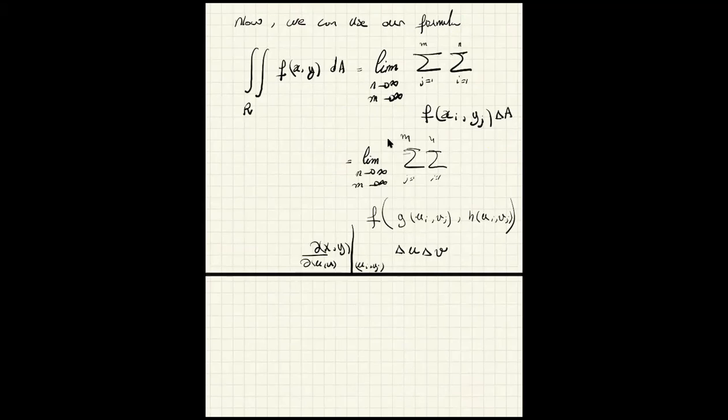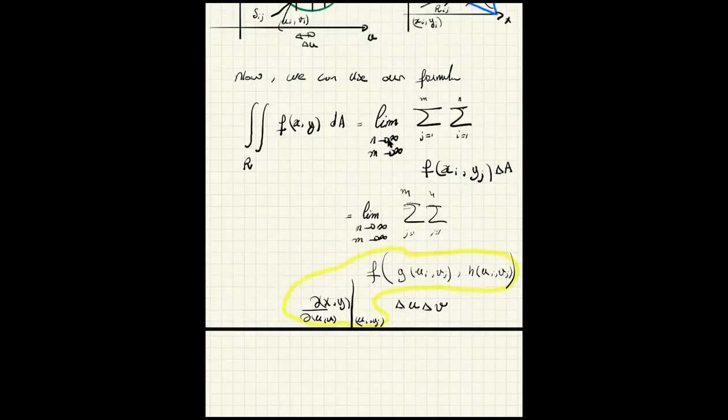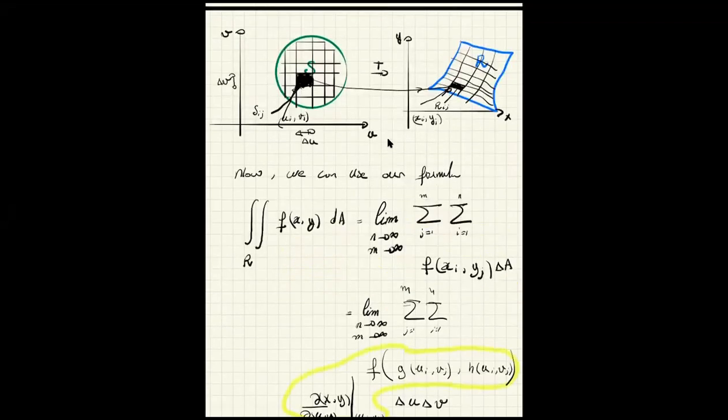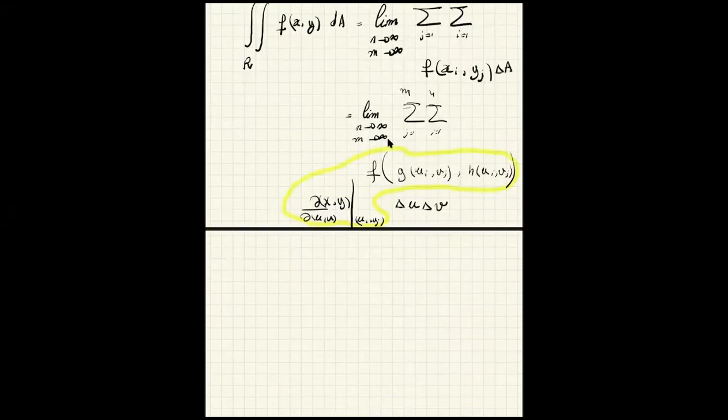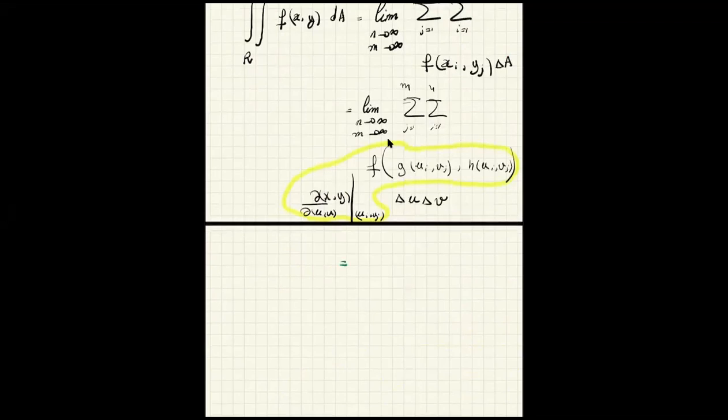Well, now I have a new function, and then I have this limit. Now everything is expressed as a function of u and v, and u and v are allowed to move inside this region S. So now that's actually the exact same thing as the integral